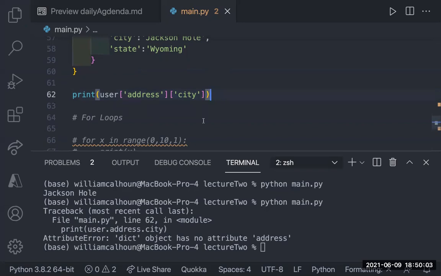Because it's an attribute. So the dot will say that this is an attribute of this object, which I know sounds confusing because it's object-oriented programming. But a dictionary is different than an object in Python. I know that sounds silly because JavaScript was objects and dictionaries, but they are different. Great question, though.